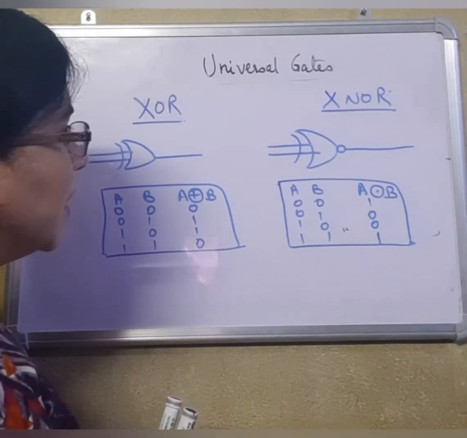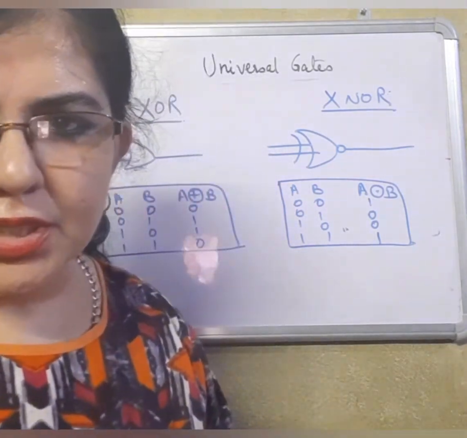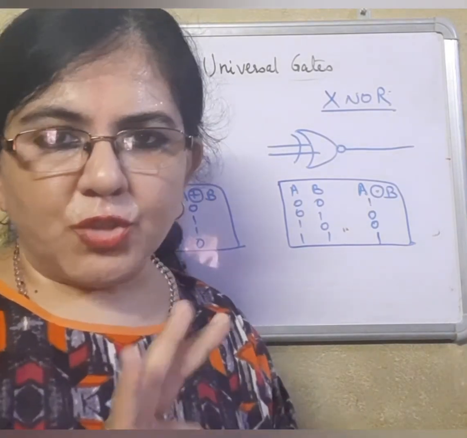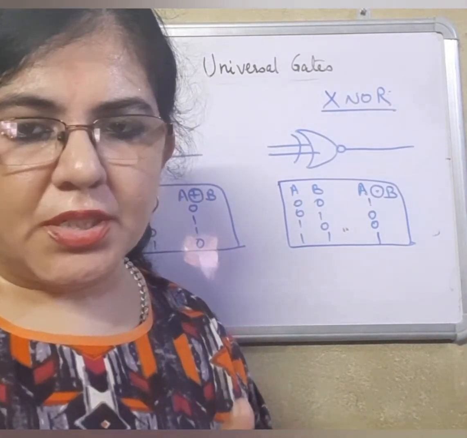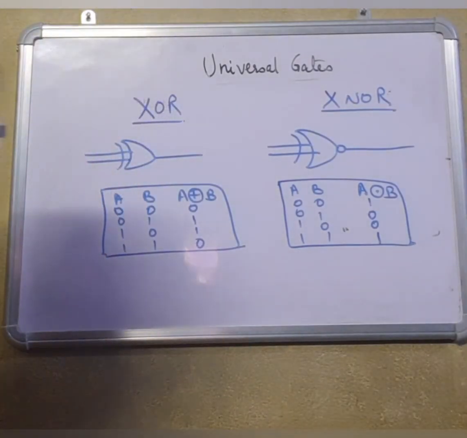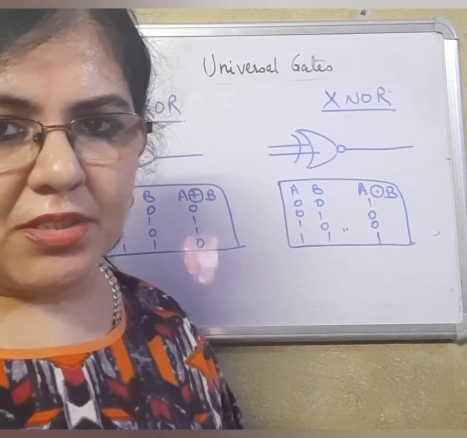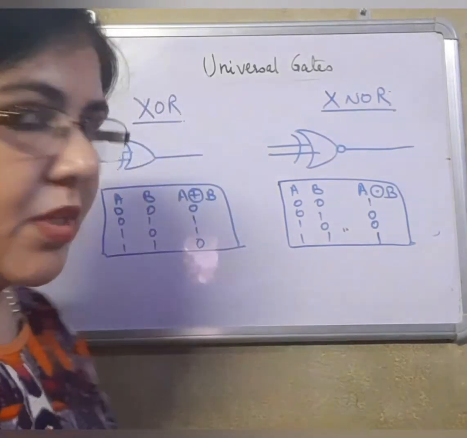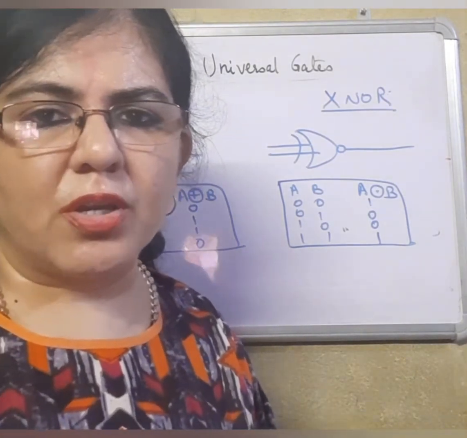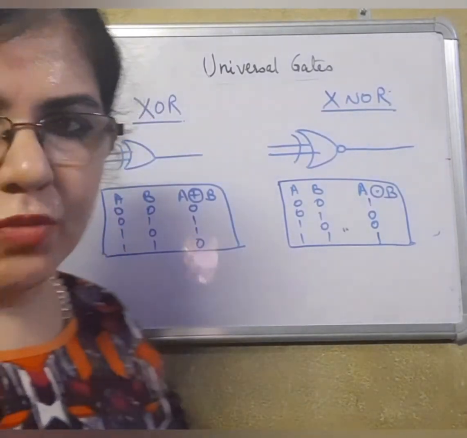Okay, now this way all the basic gates have been complete along with universal gates, and two more gates were there, XOR and XNOR. So there were 3 basic gates, 2 universal gates, and 2 gates which are known as XOR and XNOR, which are mainly used in half adders and full adders. Mostly the XOR gate is used. So a simple question comes in XOR gate. What is XOR gate? Draw the truth table and diagram. So you can make use of this.